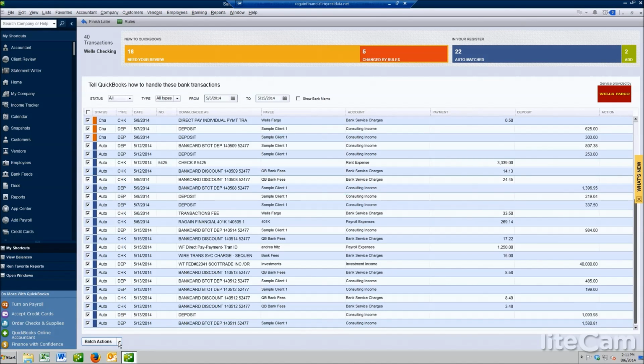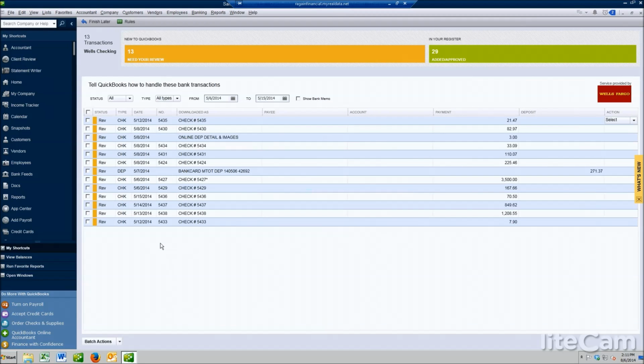I'm going to come in here to Batch Actions. I'm going to click Add Approve. Bang. Those are now going to be added and approved, and I'm really making progress now. Now you can see I've got 29 green and I've only got 13 left that are